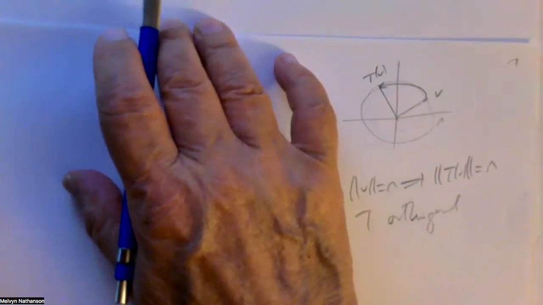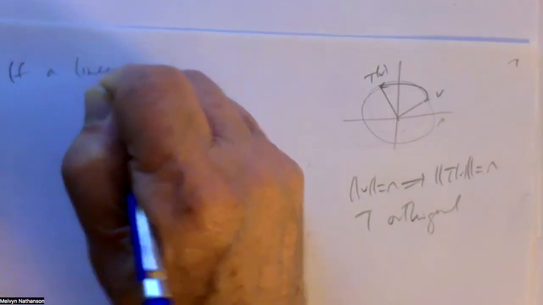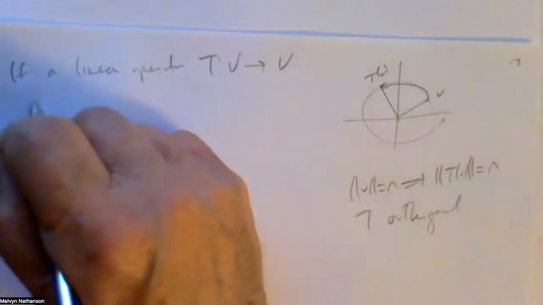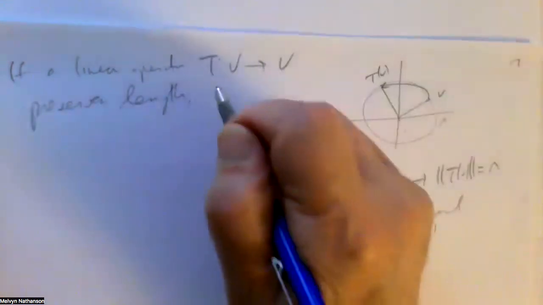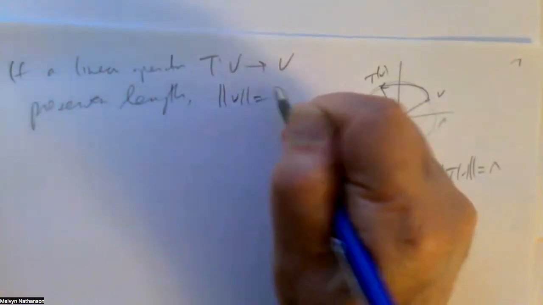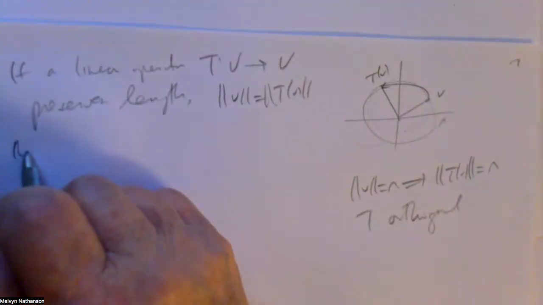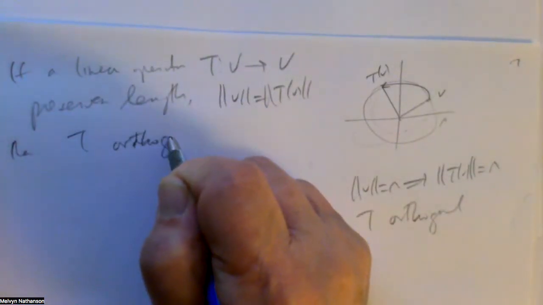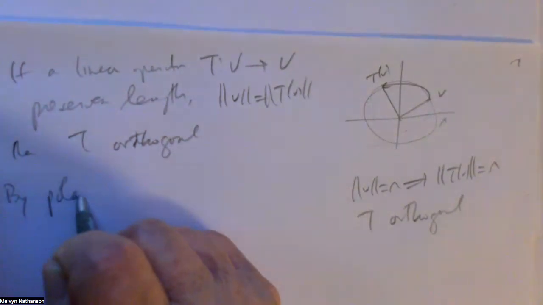And you can also say that if a linear operator T from V to V preserves length, which means the length of v is the length of T of v, for every vector in the vector space V, then T is orthogonal. Because by the polarization identity,